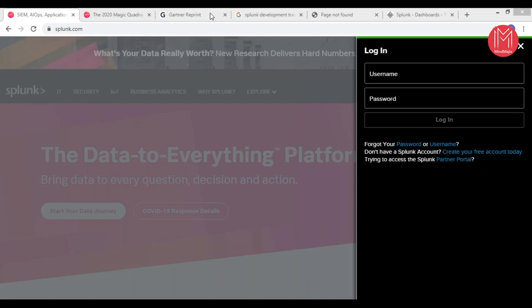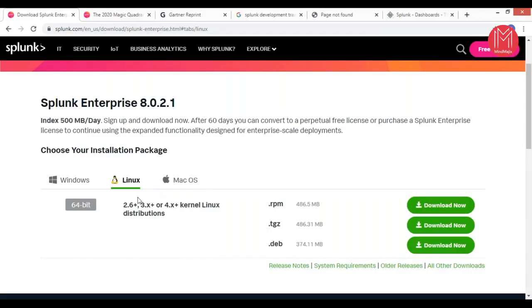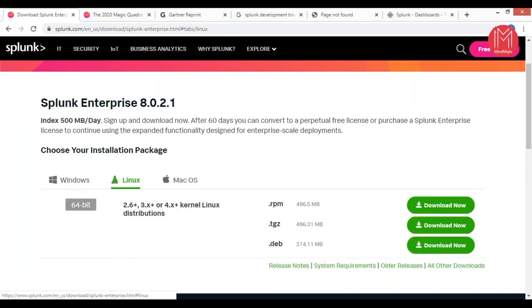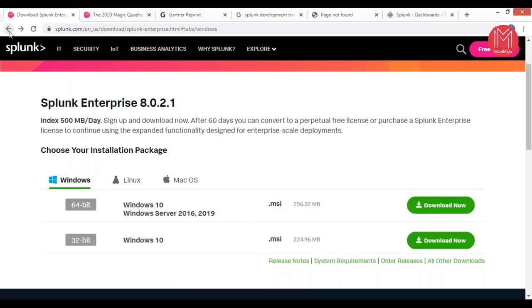So we can install Splunk on a Windows environment, on Linux, or on Mac. If it is a Linux environment, you can pick and choose whether it is Linux based or other. You can look at which operating system you want to install it on, and then you can install it. Again, to quickly take you through this portal: